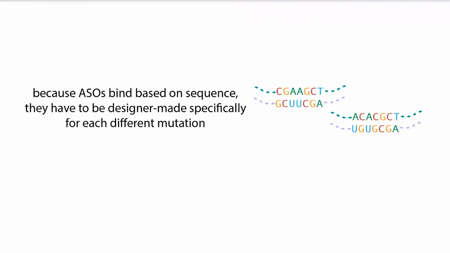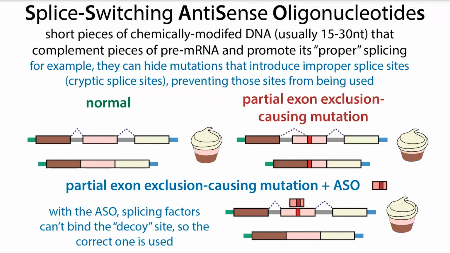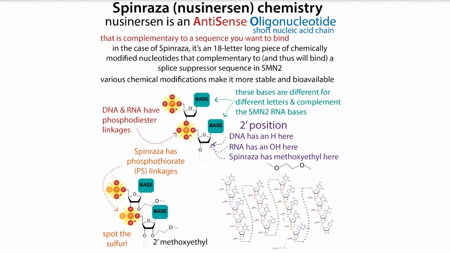But if you have something that's a rare mutation and you have to make it individually for each patient, this causes both production problems as well as trial issues and things like this. I'm not going to get into those details, but basically it can get complicated. But in the case of Spinraza, what it's actually going to do is target a sequence that